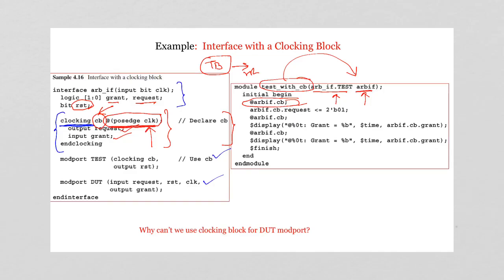So whenever a positive clock edge occurs, then you are going to send a request